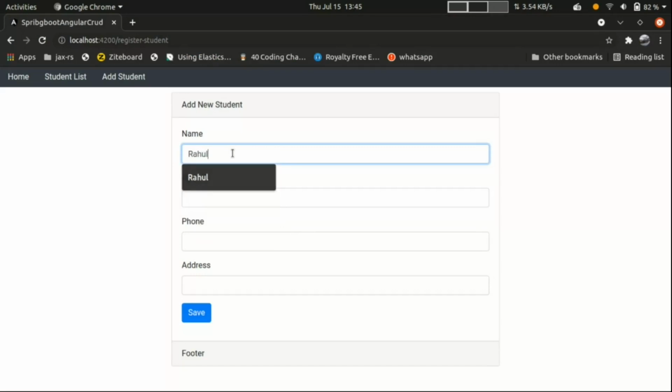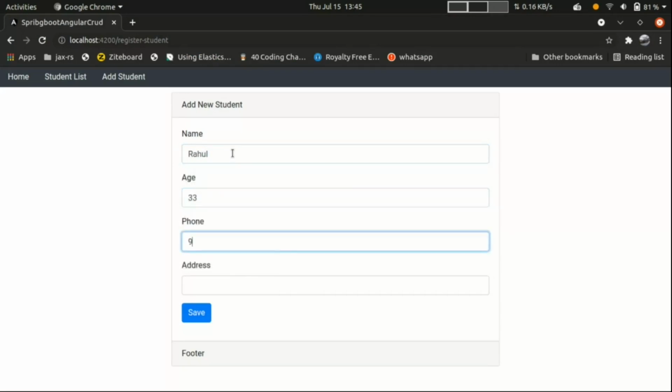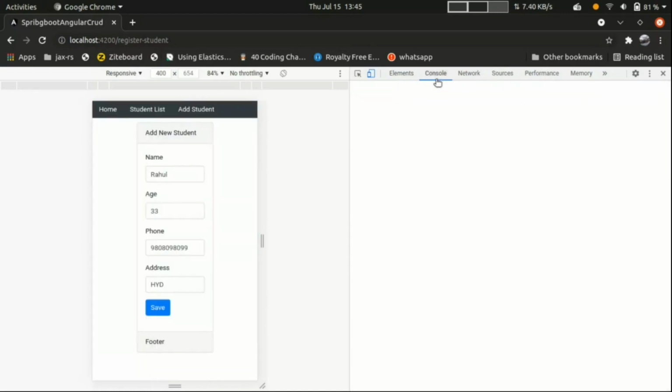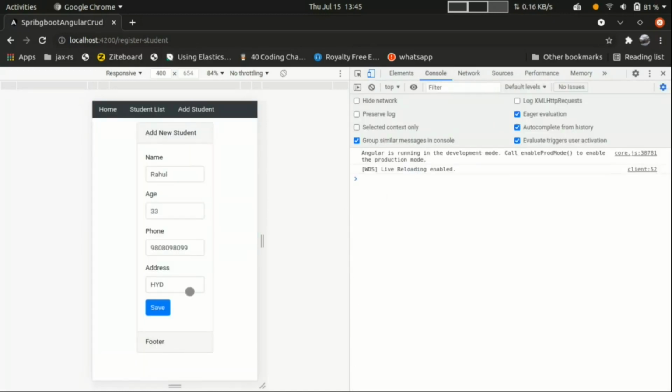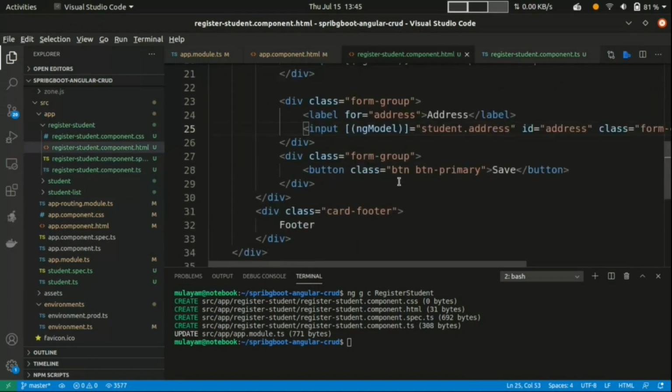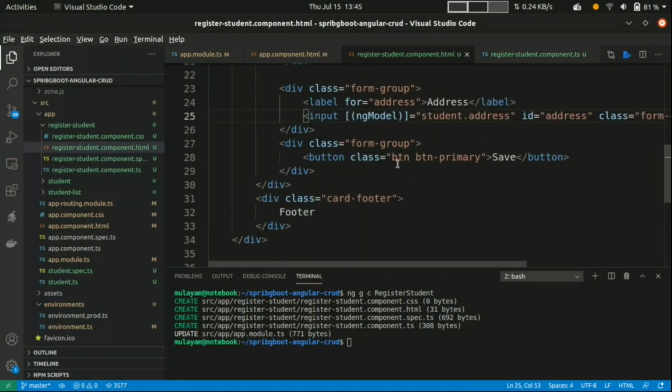Let's write something and click on the save button. Now let's see in the console. Nothing happened because we need to add the event. Okay, I forgot to add the event on this button.